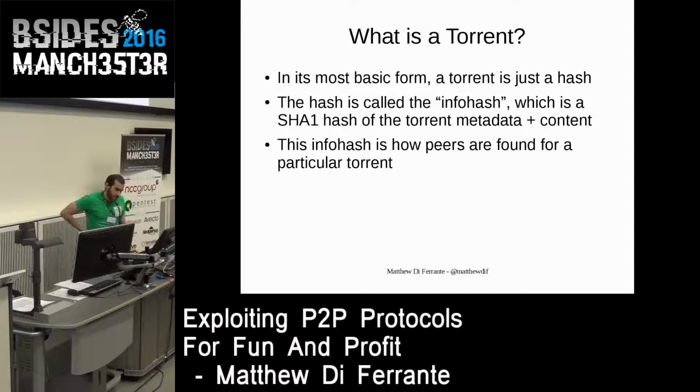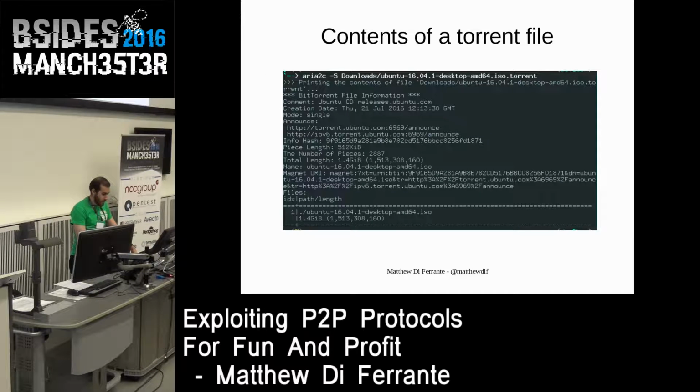Okay. So yeah, in its basic form, a torrent is just a hash. The info hash is just the torrent metadata, as I said, and it's how peers are found for a particular torrent. So here's a dump of a general torrent file for an ISO, and you can see that there is some